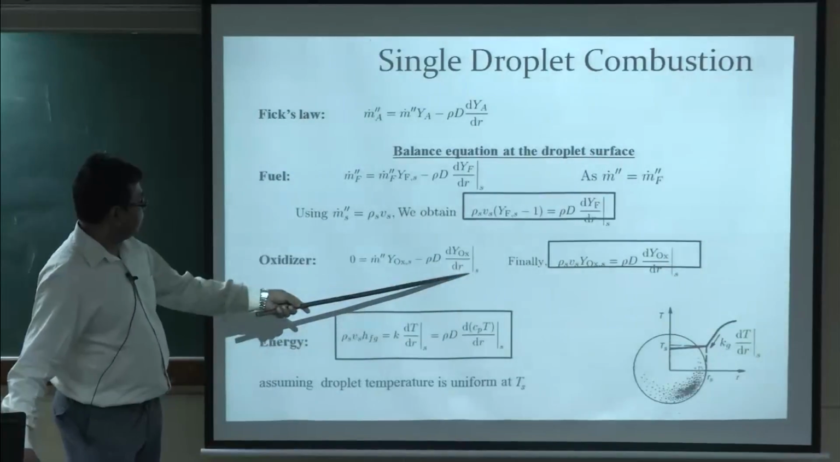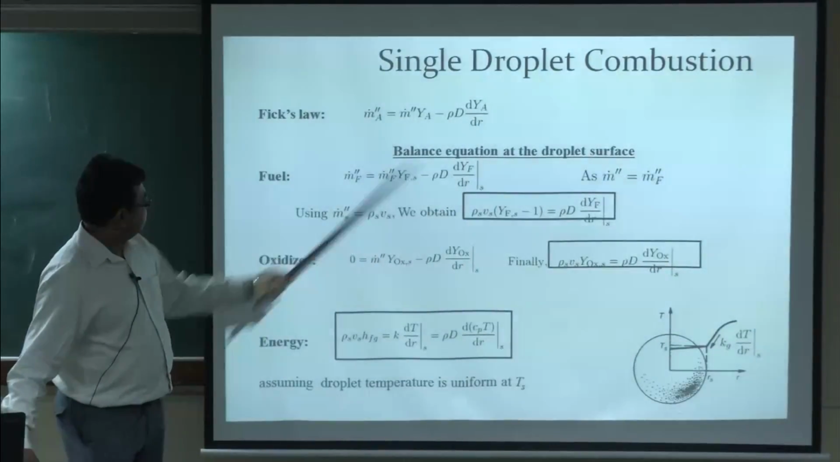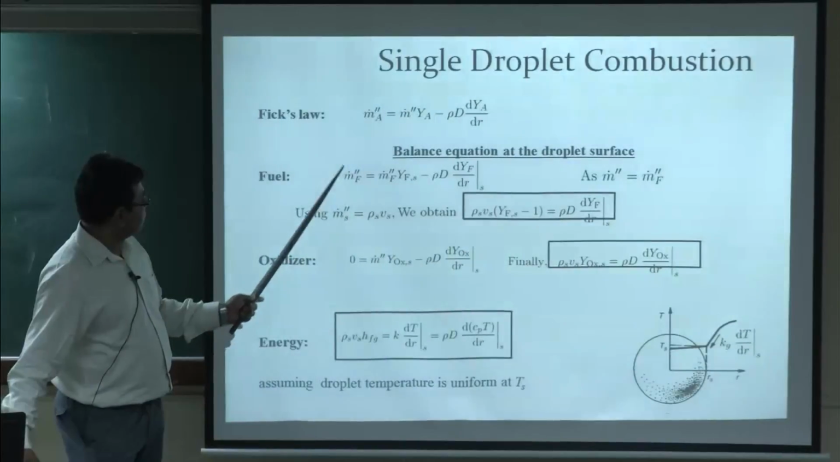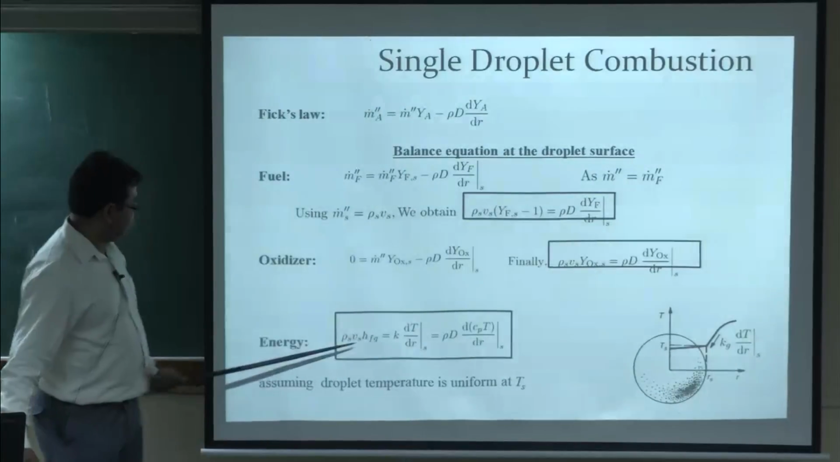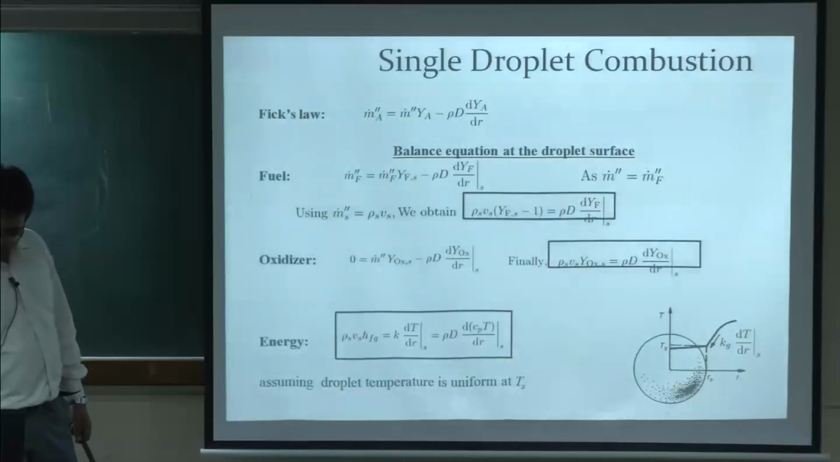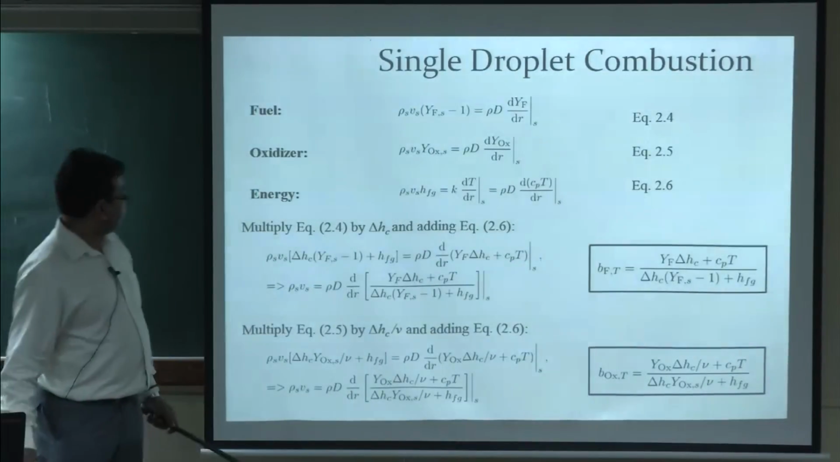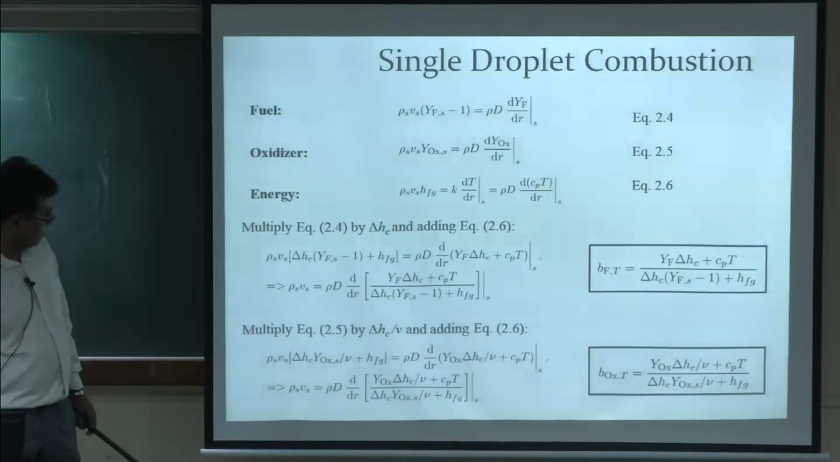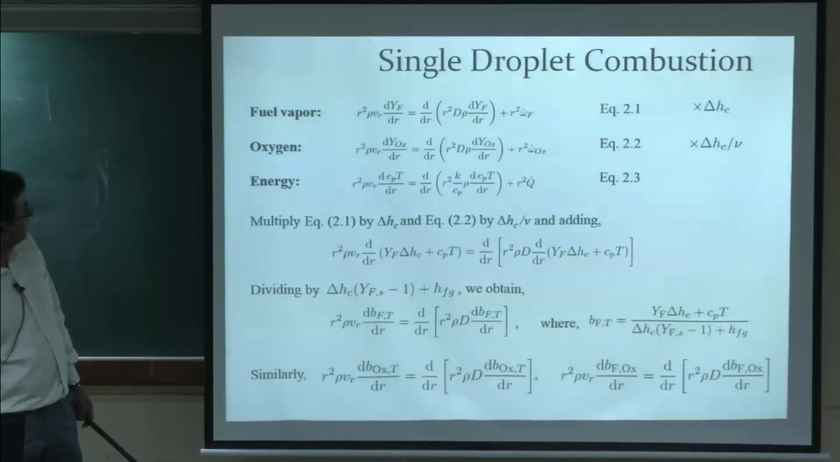So, here we have the boundary conditions, okay. At the droplet surface we have the boundary conditions for the fuel. So, this is the mass flux term, okay, and then the energy equation. So, these are the boundary conditions we have. I will quickly go through this, and then finally you can solve these equations. So, let me go through this slide very fast,